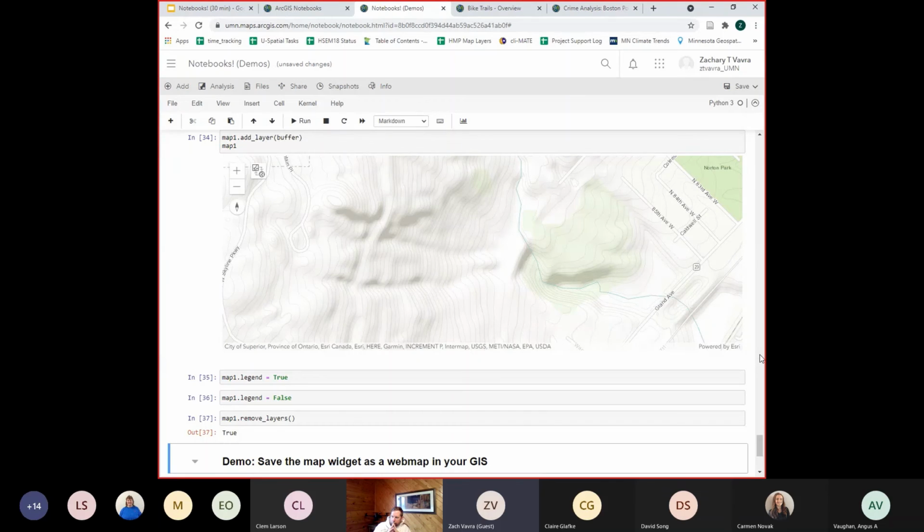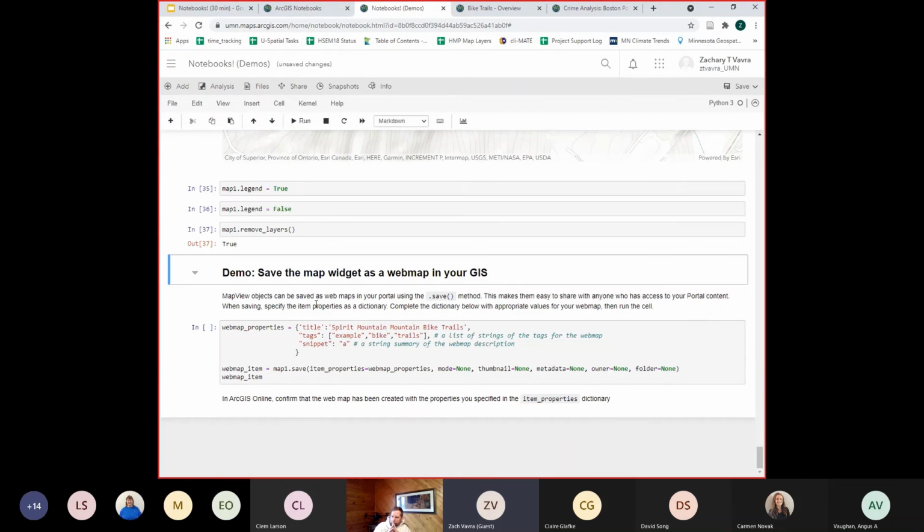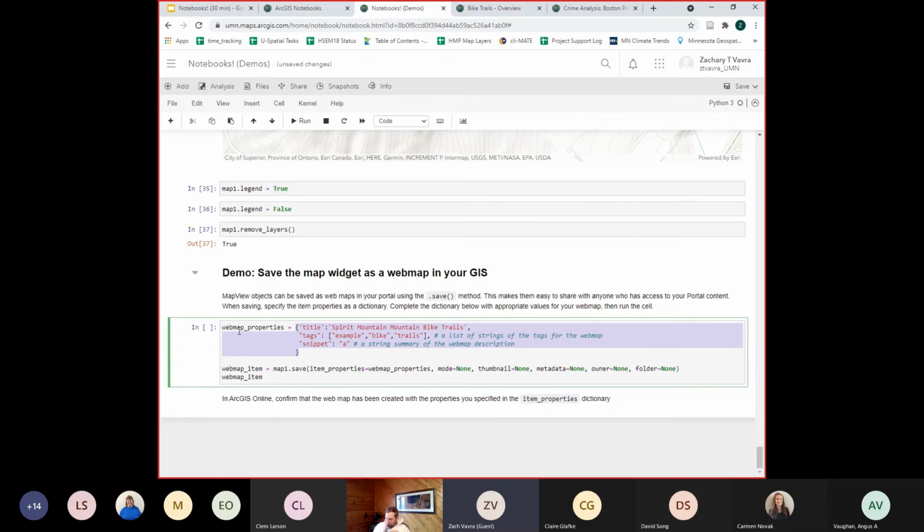So what if I wanted to save this map widget as an actual map in my ArcGIS Online content? I can do that. I have to define some properties of this web map, but then I'm going to call it a web map item, and I'm going to take my object map and save it with all those properties that are necessary for a web map in your ArcGIS Online content. I'm going to run it,